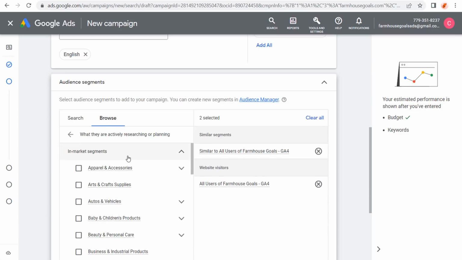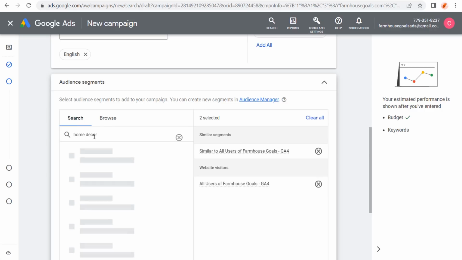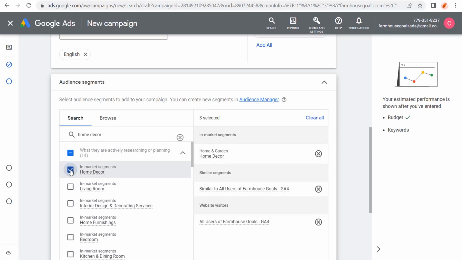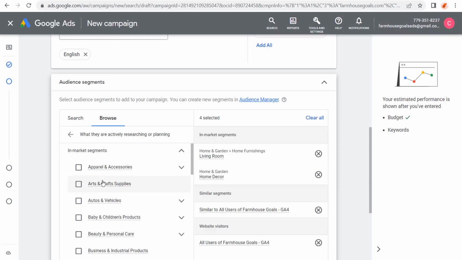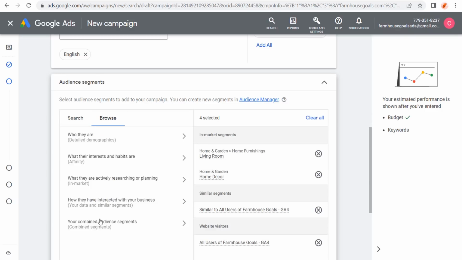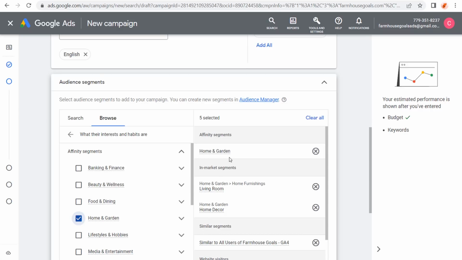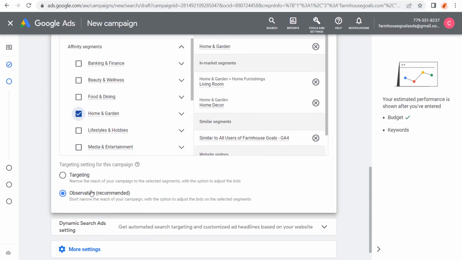We can come back here and go to in-market, or we'll just come over here to search and say home decor, since that's what we're selling. We have the in-market segment for home decor, and an in-market segment for living room. So we can choose all of these different audience segments and see how they perform for our campaigns. If we come back here, we can do maybe some affinity audiences, like home and garden affinity audiences. Ultimately, by observing how these different audience segments are performing, we can adjust the